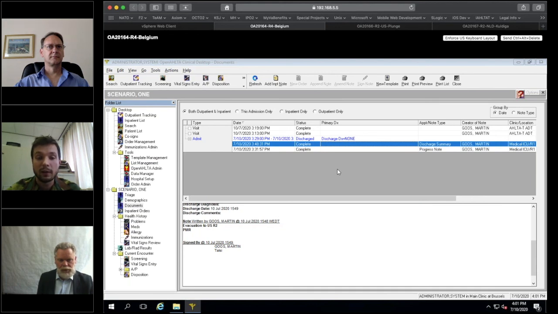To do this, we can export a summary care record in which we add some information. If the other nation is not using OpenAHLTA, we can also export it as a PDF file and send it by other means to the Role 2 or 3, which is handling the patient.